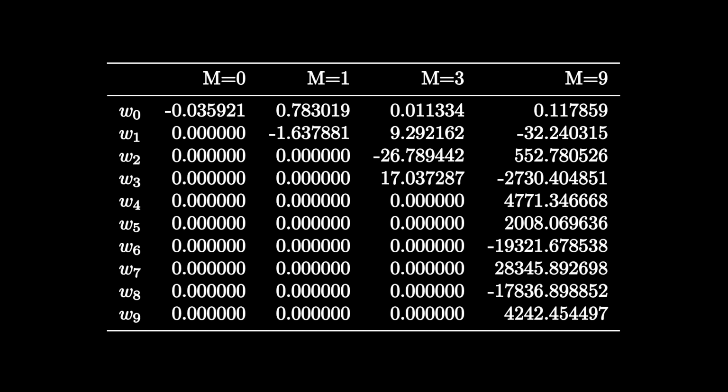If you look at the weights of M9, notice that they are very large values in both directions on the number line. There are big negative numbers and big positive numbers. And as I mentioned earlier, maybe in order to satisfy the training data points, the model with degree 9 most likely ended up adjusting these weights in such a way that it worked out. It worked out really well.